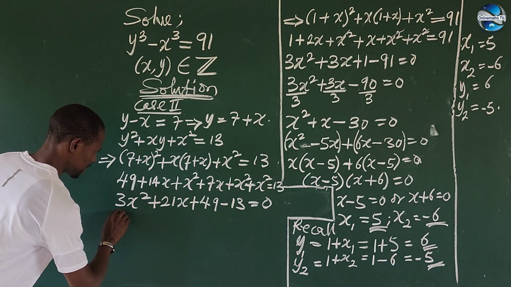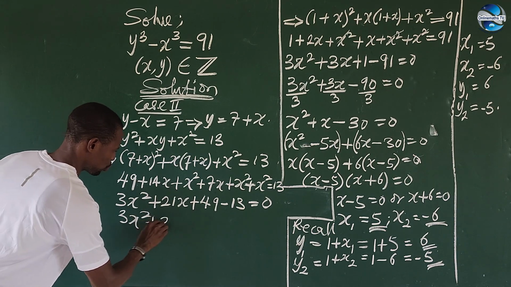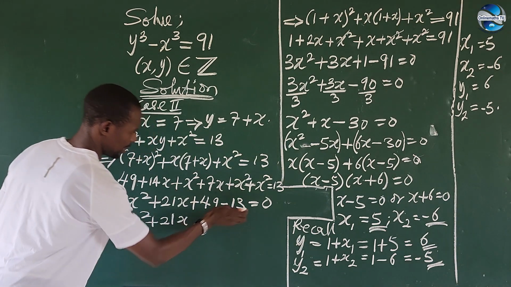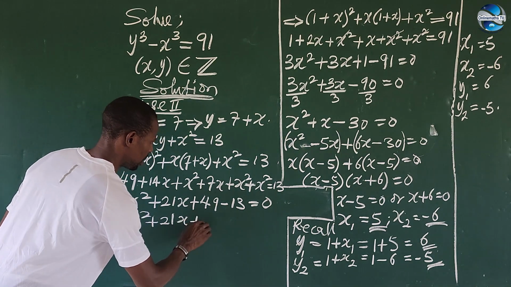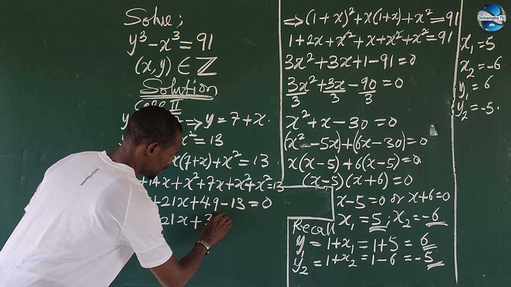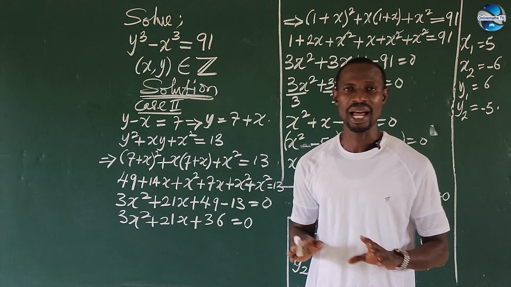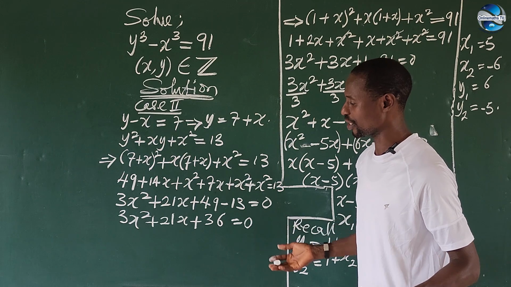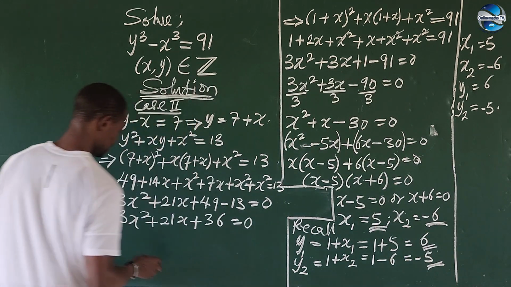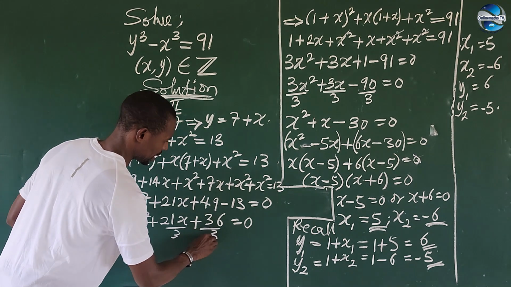So this will now give us 3x squared plus 21x. Then this from this will give us a 36, right? So we have plus 36 equal to 0. Again, we discovered that we have 3 common to all the terms here. So let's divide through by 3. If we divide this by 3, this by 3, this by 3, and this by 3, this by 3